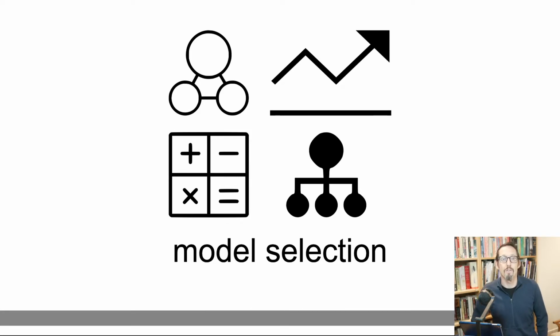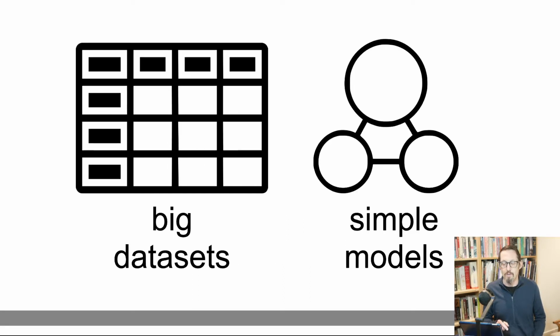We need to talk a little bit about model selection, about how you figure out which version of a machine learning algorithm you want to use and how you're going to set all the dials on it. So I want to just throw out an important principle.